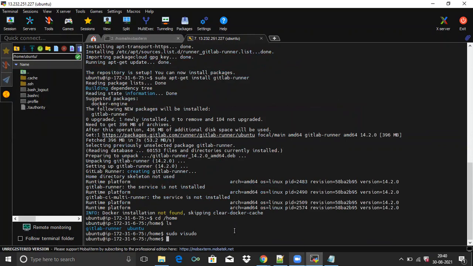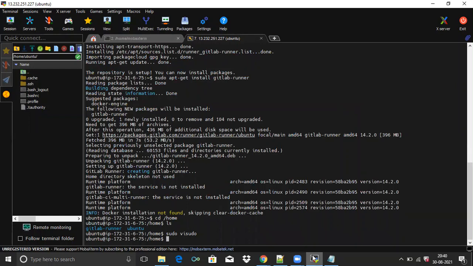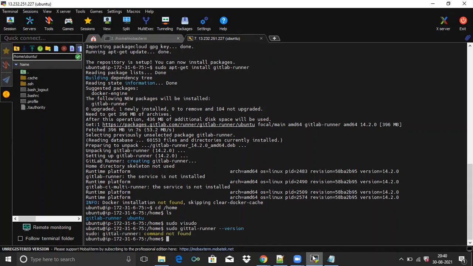Now if you want to check the version or details of your GitLab Runner, run this command: sudo gitlab-runner --version. Let's check. Sorry, spelling mistake, gitlab.